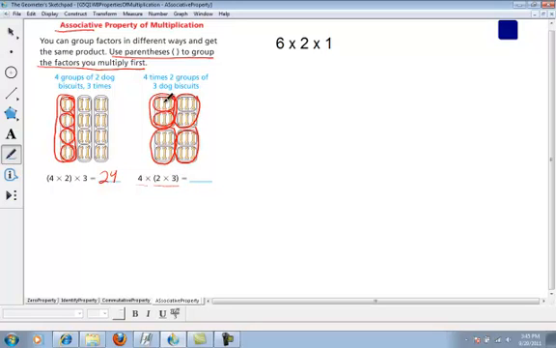So if we count these dog biscuits, we can see that there's 3, 6, 9, 12, 15, 18, 21, 24. We still have the same number of dog biscuits. They're just grouped a little differently depending on where we put our parentheses. That's the associative property of multiplication. Now let's look at that one with this expression here. For the first one, let's group our 6 and our 2. We'll associate them together. So the words that I would write for this would be 6 groups of 2,